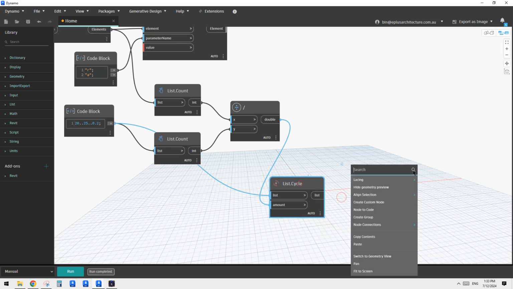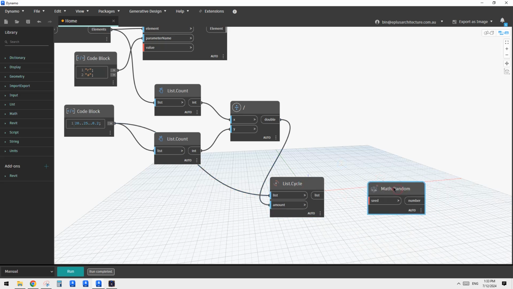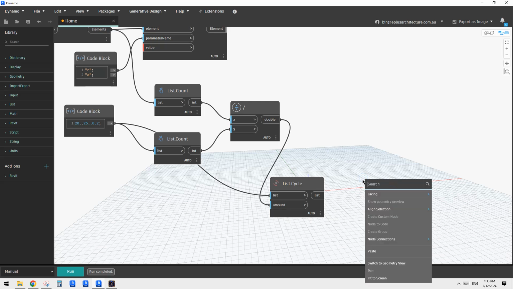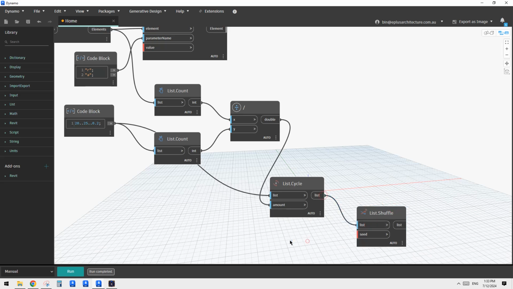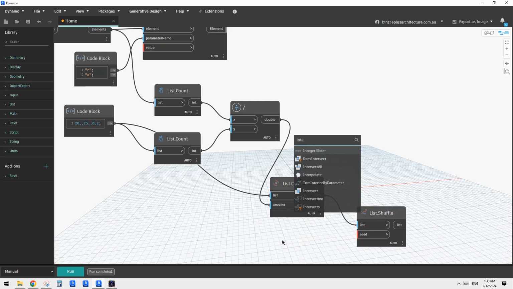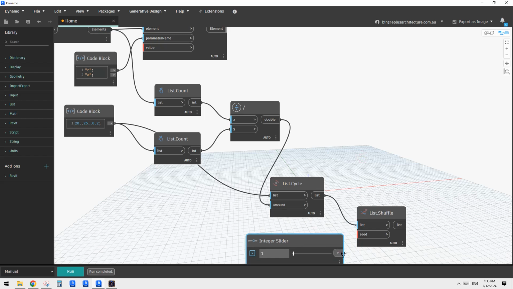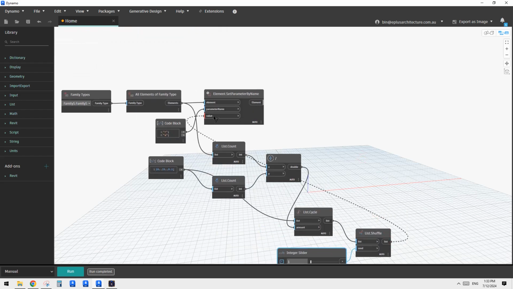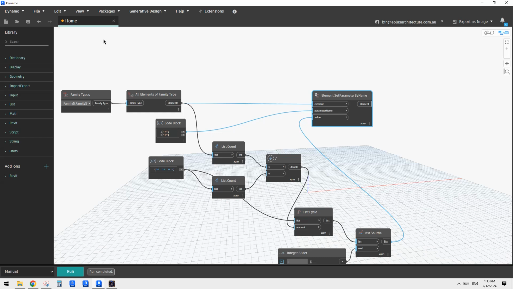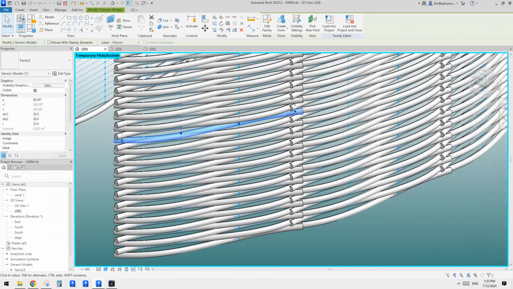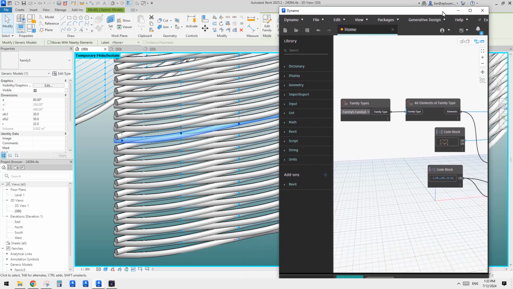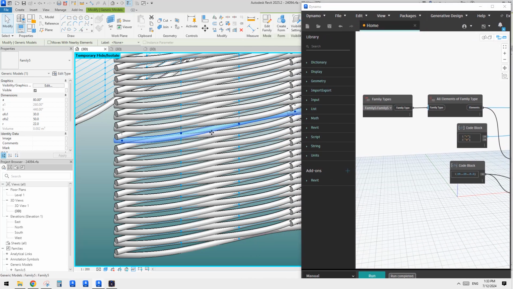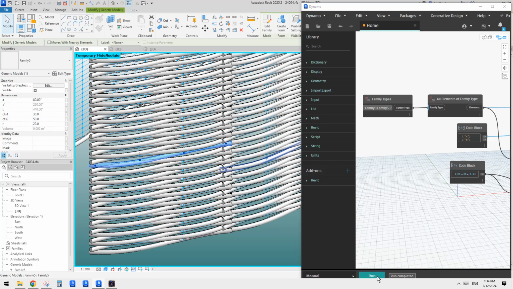And then just randomize it. Okay, random. Sorry, wrong one. Shuffle with seed. The seed will be an integer slider. Link to this and list to this value. Now I'll try to make it smaller so it doesn't cover the whole screen. Okay, this one goes here, and if I click on run,